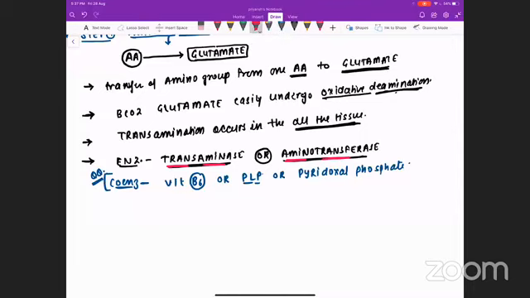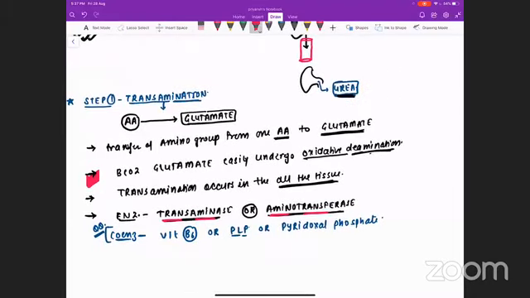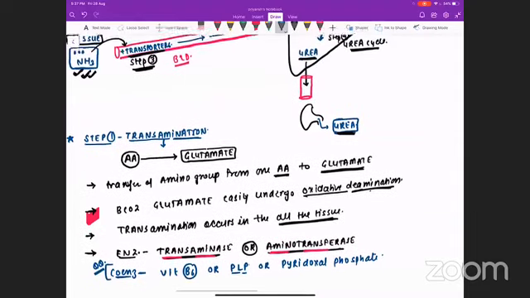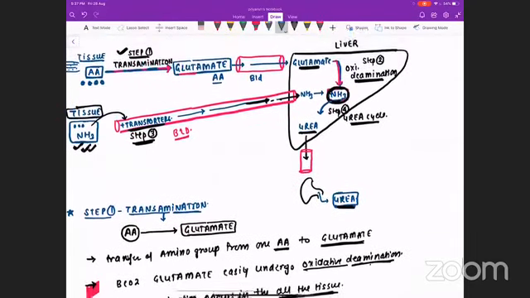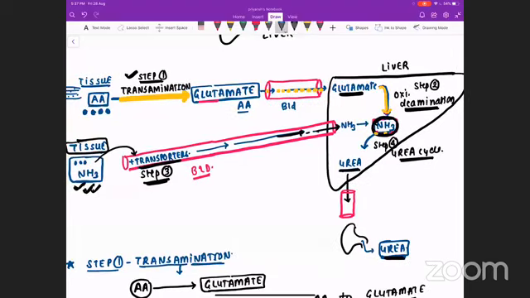If you have understood this point, the second one: why we are doing the transamination reaction is because glutamate will easily donate the ammonia. I want you to understand one more point here. In step 1, we convert different amino acids into glutamate, and the glutamate will travel all the way to the liver and donate the ammonia. If any other amino acid can easily donate the ammonia, then there is no point in converting it into glutamate. Such an amino acid can directly come to the liver and donate the ammonia. There is no need for conversion into glutamate.